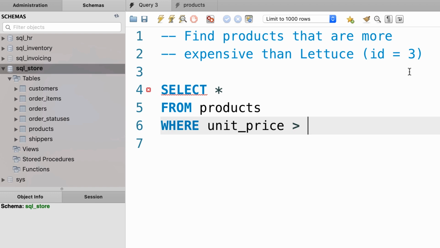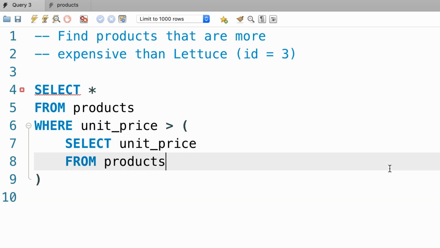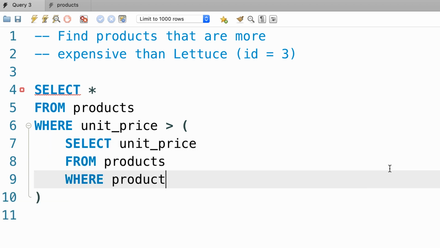Now here we need to get the unit price for lettuce. So this is where we write a subquery in parentheses. Let me close the navigator panel. That's better. So here inside the parentheses, we select the unit price column from the products table where product ID